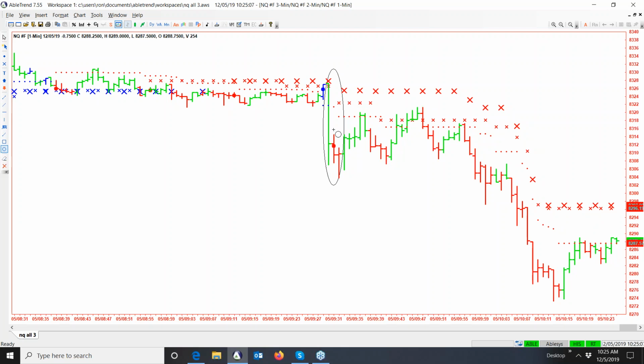All we can do is show you our algorithms and show you what we think are good trades, and you take it from there. So we have a losing trade right at the beginning, because we were long here, short here: red bar, red dot, red X. Now, I don't want to get too advanced, but one of our rules, if you're really far away, we use 10 to 12 points from this red dot, because the prices tend to pull back to the dots. The further you're under the red dot, the greater the chance it usually pulls back.